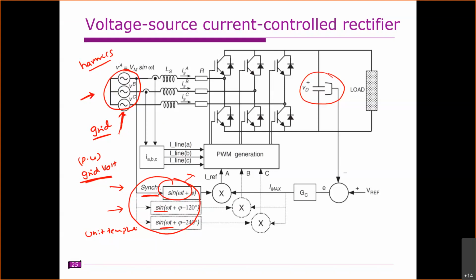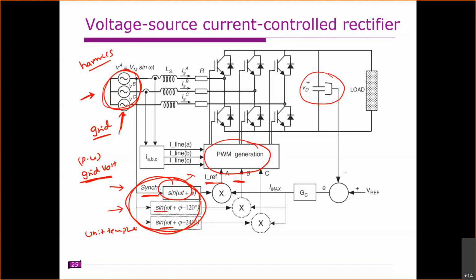Simply what we are doing is measuring these grid voltages and dividing with the peak value for A phase, B phase and C phase. So the drawback is that whatever distortion is there, the same distortion is also present here. When you give these distorted signals as the reference value, obviously this will not give you the best performance, and the performance will be reduced.